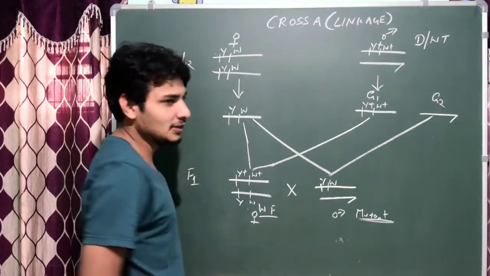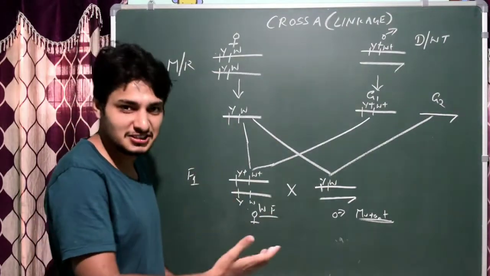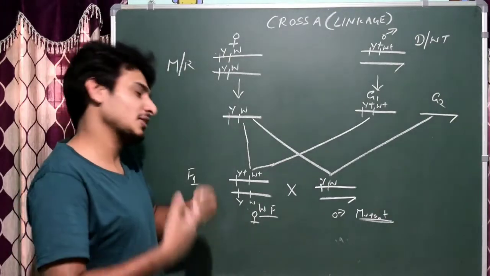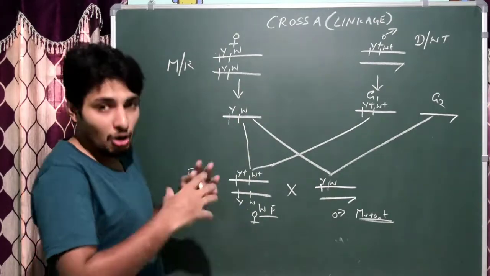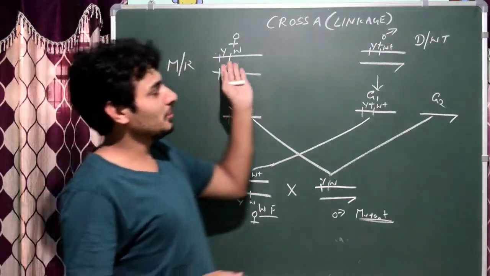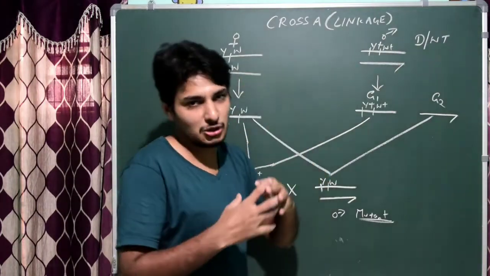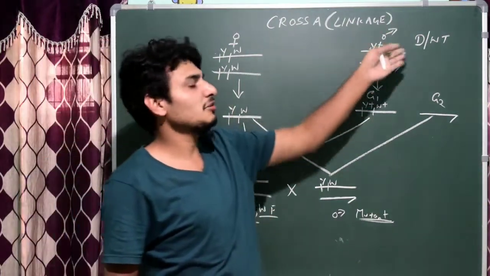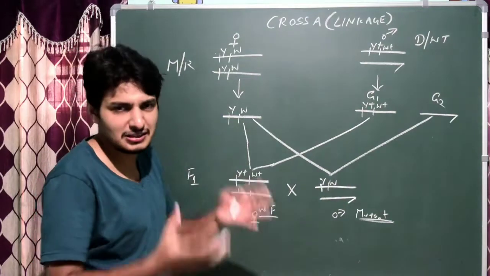So that means actually it's like a cross between brother and sister. It's like half brother and half sister. Maybe you may think that they are from the same mother. It could be the same mother or the same father, it doesn't matter, but obviously he did not select one female and one male for his cross. He just put around 5 females with this character and 5 males with this character, and obviously you get many thousands of offspring in this bottle.